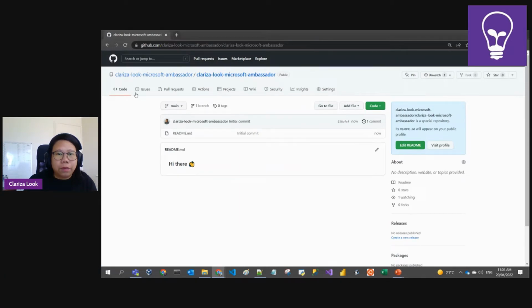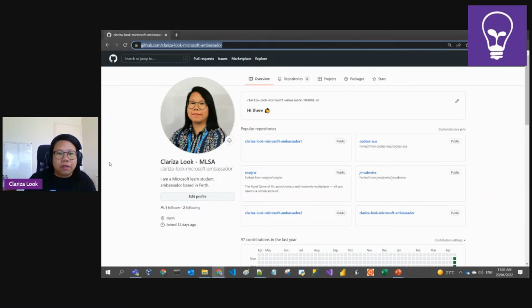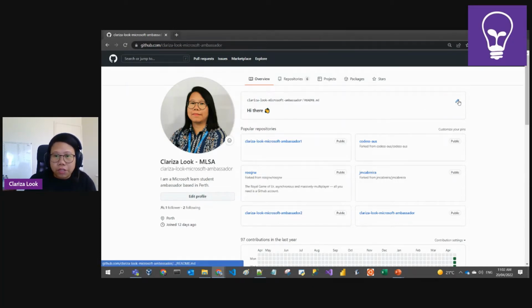When you create the repository, it will create a subfolder under that, but that is where you can find the README file. However, when you click on your profile, for example, you can click here, you can also click on your profile here. So this is your public link. So this is the basic README profile. Now, you can actually edit this. In order to do that, you just need to click this pen icon on the right side, and